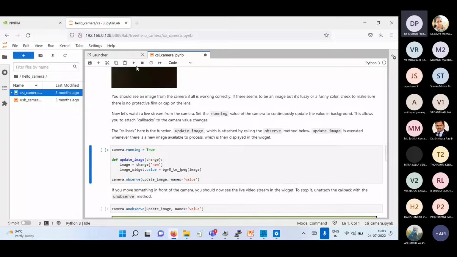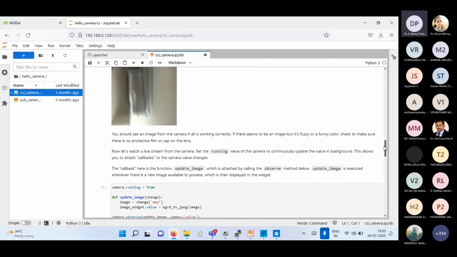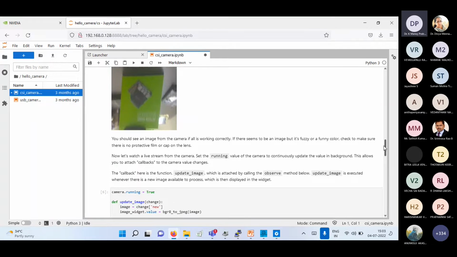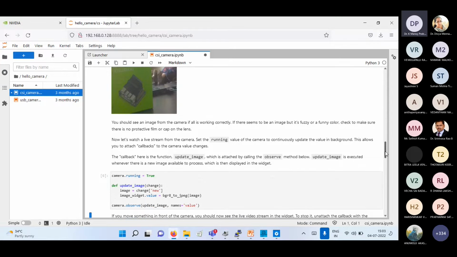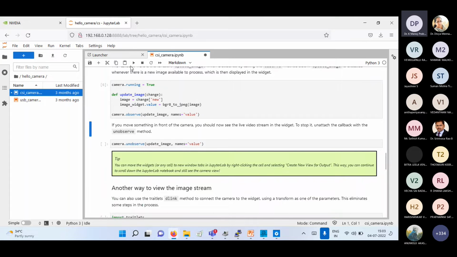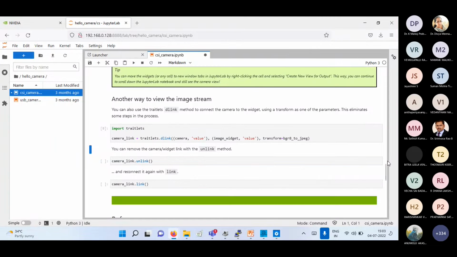Now let's see. So now you see that it also does real-time detection. You can see that my Raspberry Pi camera has been activated and it is showing the demo. So this is the visualization from the camera using the Jetson Nano, and it just keeps on running because my camera is activated and successfully built in on the Jetson Nano.